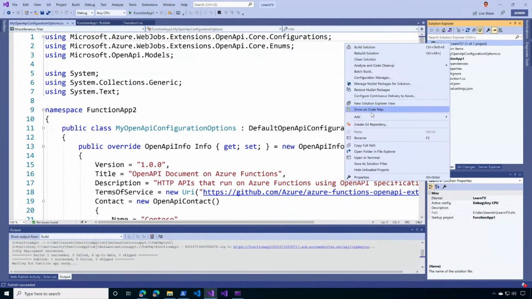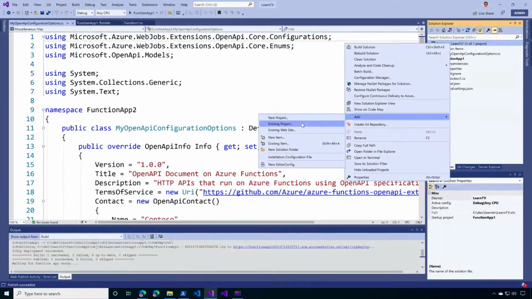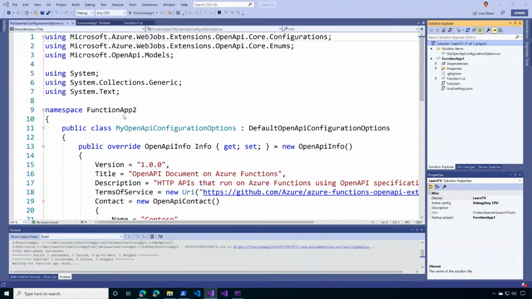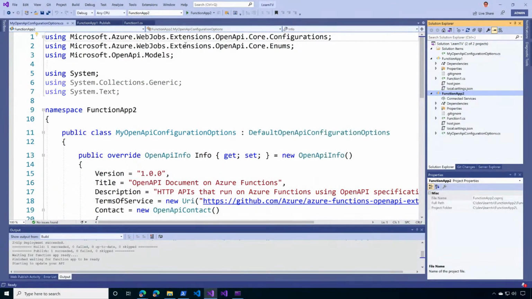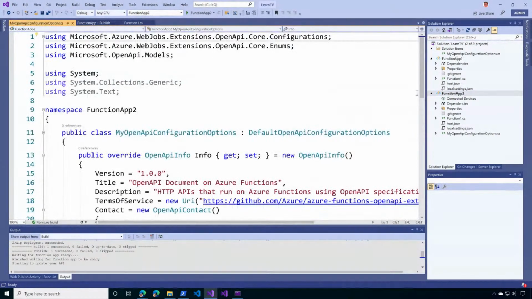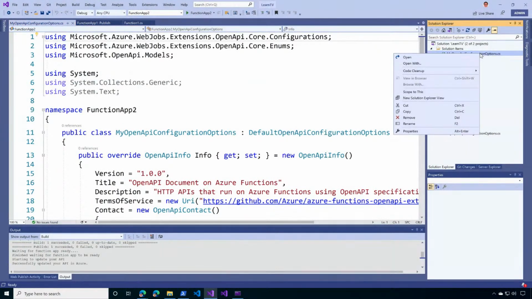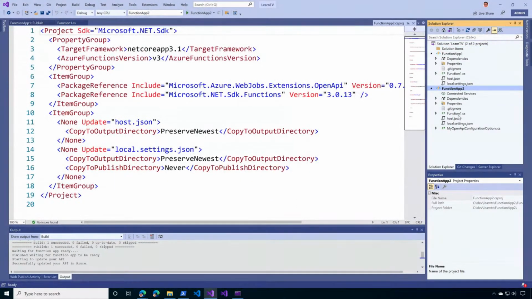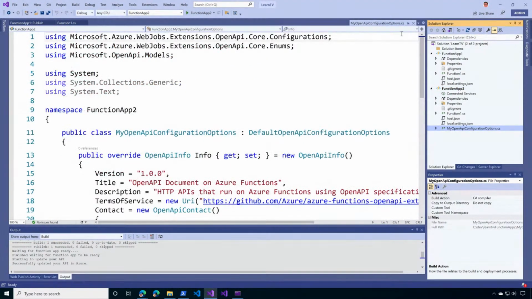I'm going to add an existing project here. Then it says, okay, sounds like it's not deployed yet. So I'm going to delete this one. So I added function 2, which contains the OpenAPI configuration options,